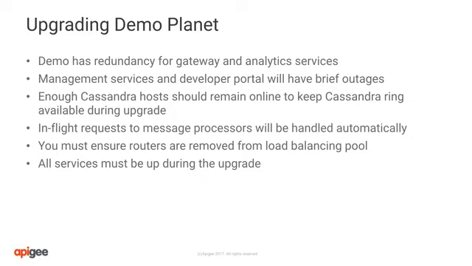Remember that Cassandra availability is calculated as the sum of replication factors divided by 2 plus 1, so ensure that enough Cassandra nodes are available in the ring to service client requests. Message processors will be automatically removed from router load balancing when they restart during the upgrade. Routers will need to be removed from your load balancing infrastructure as they are upgraded to ensure no in-flight requests are lost. You can do this directly in the load balancer or by using the local firewall to block the load balancer health check port 15999.